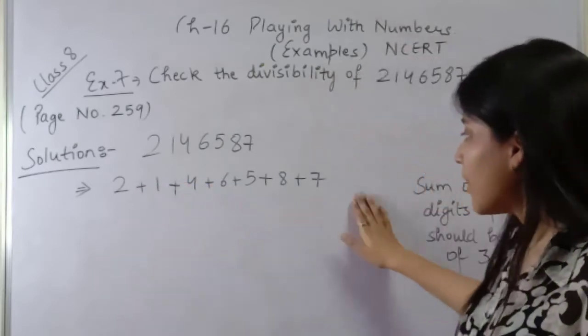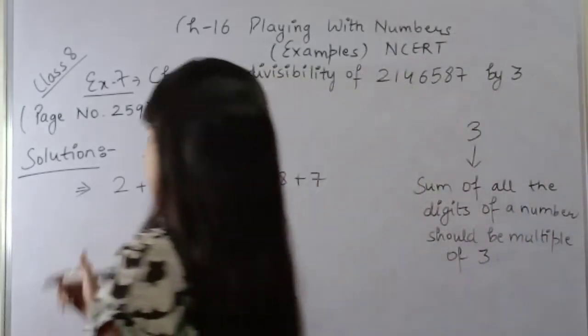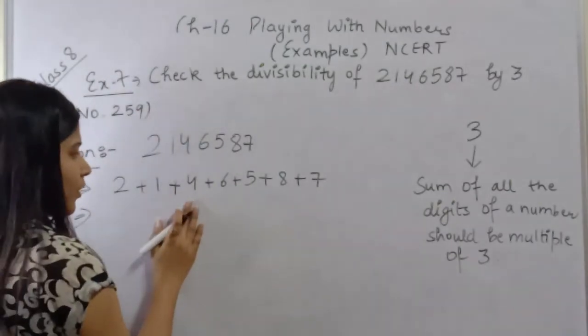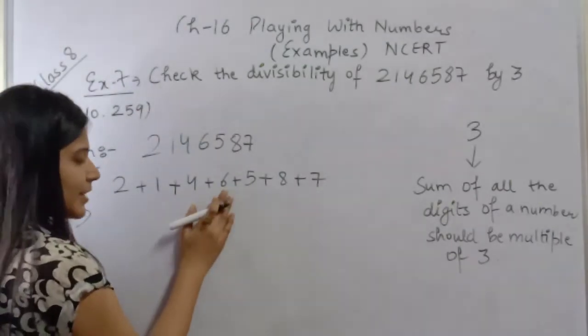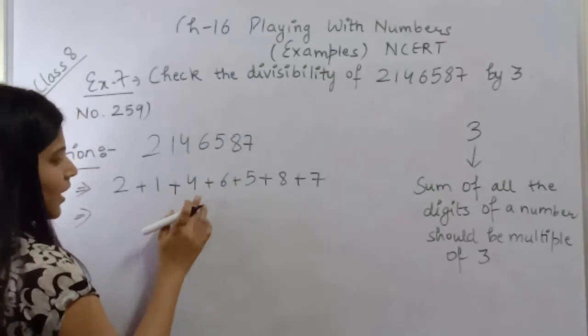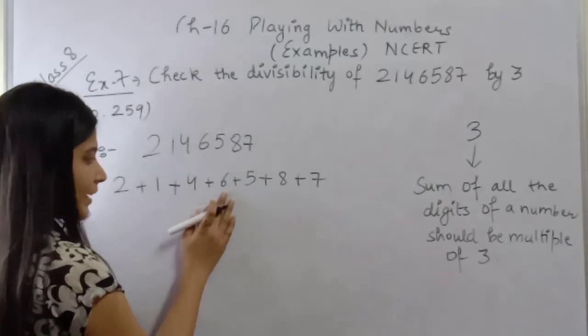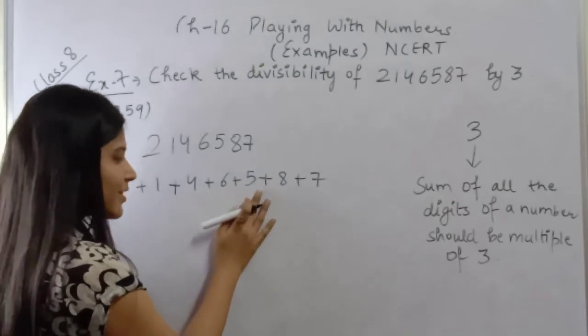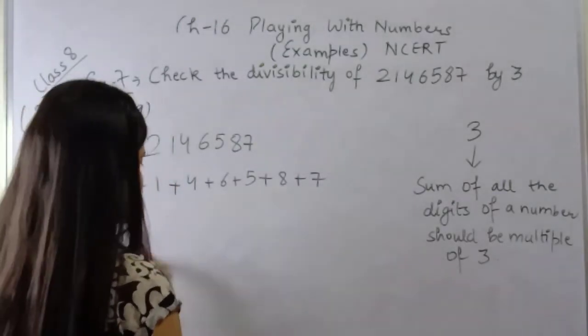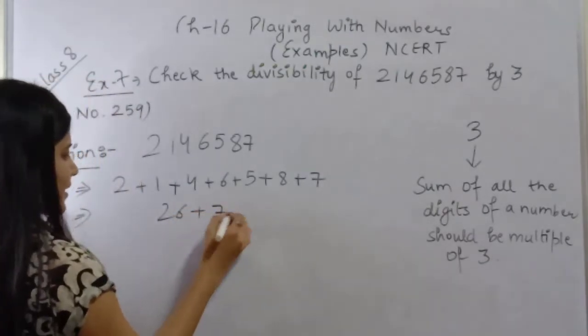So 2 plus 1 is 3, 3 plus 4 is 7, 7 plus 6 is 13, 13 plus 5 is 18, 18 plus 8 is 26, and 26 plus 7 is